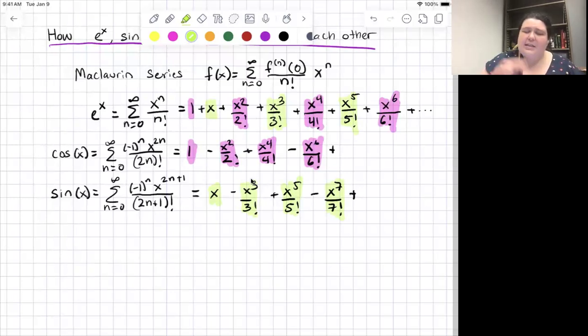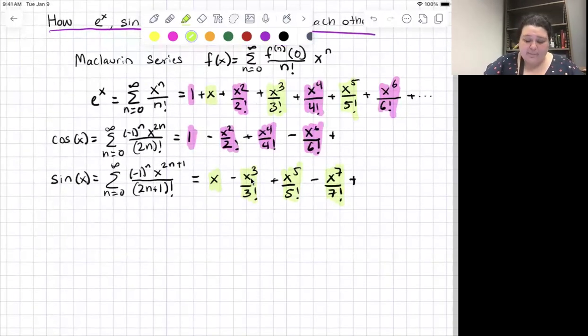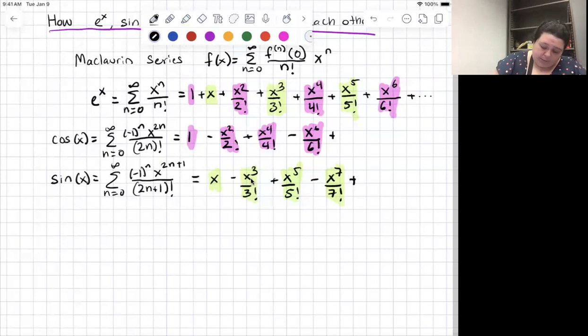So there seems to be some way to relate these, but it might not be clear how. What I'm going to do is use complex numbers. If you haven't used complex numbers in a long time, don't worry, we're going to keep it very simple. We're going to say that i, the first power, is just i. And remember the definition of i is that it is the square root